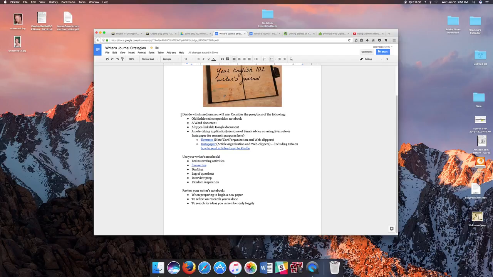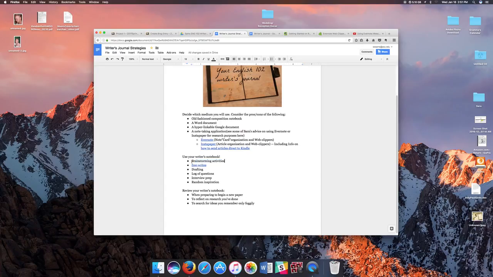Okay, once you decide how you're going to have a writer's notebook, you need to use it. Okay, and again, I want you to remember that this space is for you. If you're a goal-oriented person and you want to have the goal of using it twice a week, by all means go about it that way. I think using it as a space that you come to as often as possible